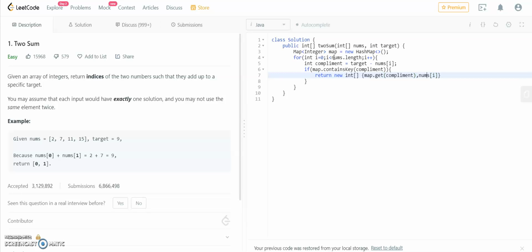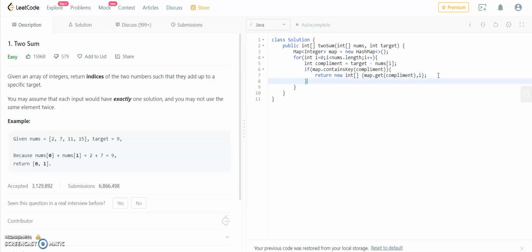So we'll not return nums of i, we'll return just i. Sorry for that. And map dot get key of complement will give us the value, that is the index of that complement number.